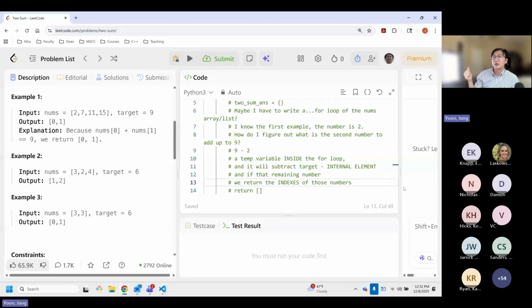So about 5-ish minutes of understanding what the question looks like and making sure you understand the examples, and then another 5 to 10 minutes of me just thinking the problem through. And yes, I have the right pseudocoding here in the comments.